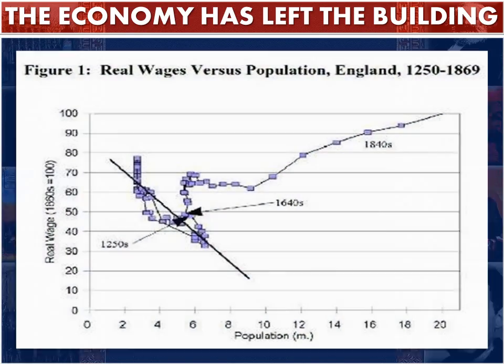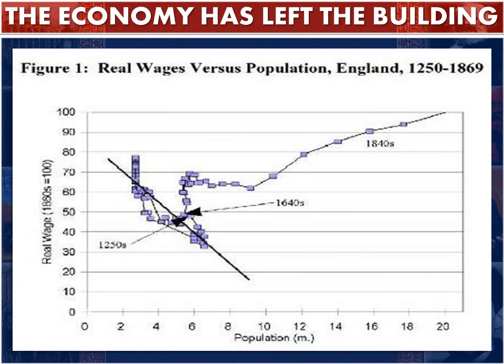So what happened? Here's one way to think about it. I mentioned before that first graph I showed you about the Malthusian trap, which is basically that there's an inverse relationship going on between population and income. In this graph, it's shown as real wages with 100